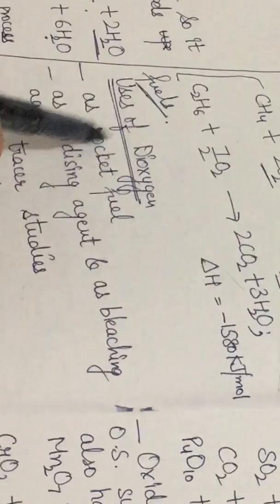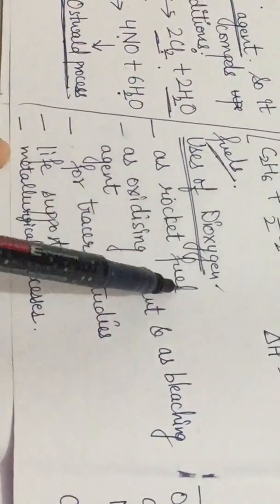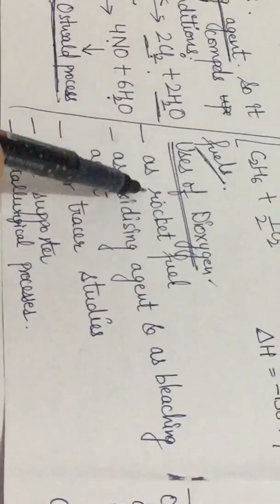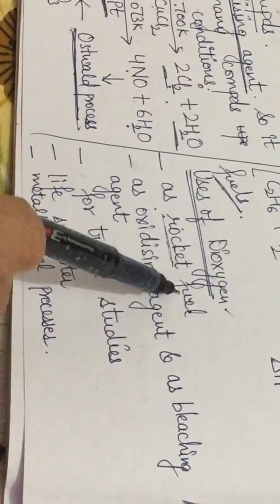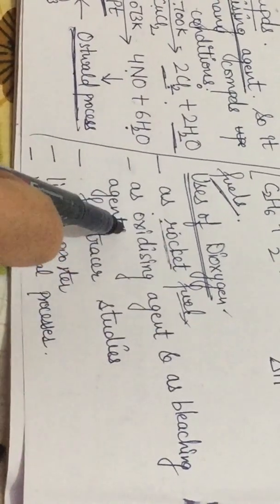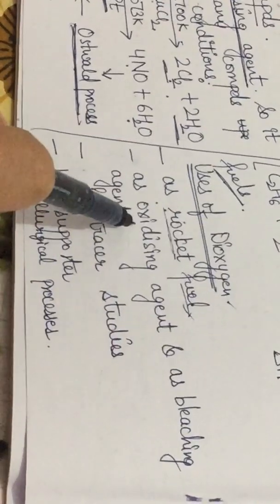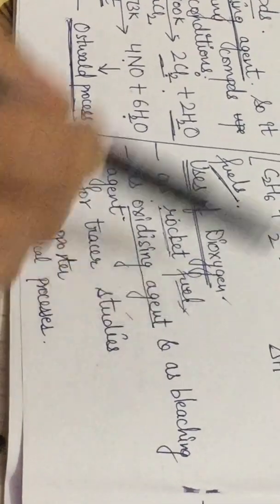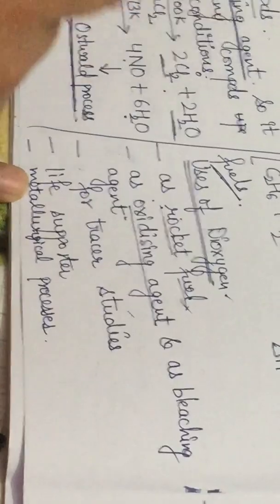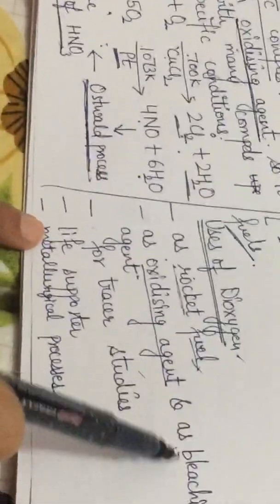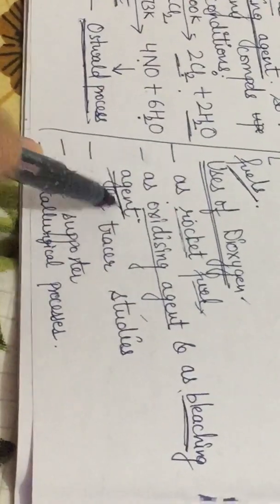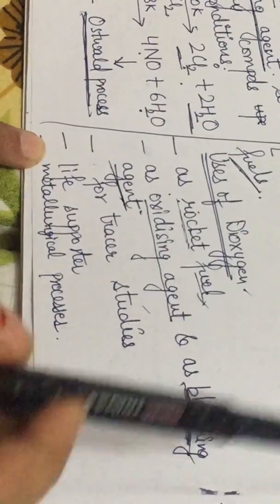Next we will do uses of dioxygen. Dioxygen is used as a rocket fuel because whenever dioxygen is used, the reaction is exothermic. So dioxygen can be used as a rocket fuel. Another use is as an oxidizing agent. We have already done this in reaction with compounds, that is, oxygen is used as the oxidizing agent. Secondly, it is used as a bleaching agent. What is a bleaching agent? A bleaching agent is a substance which is used to